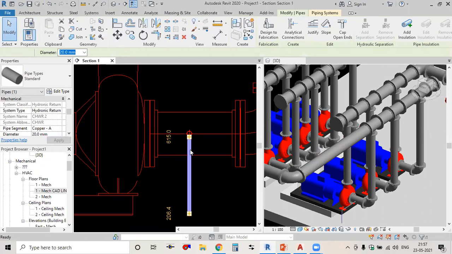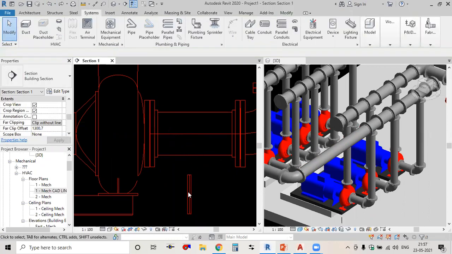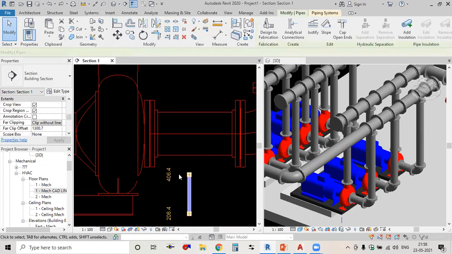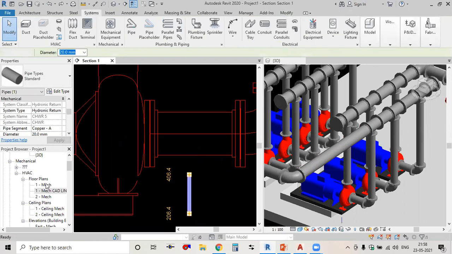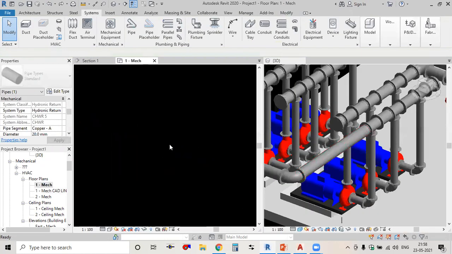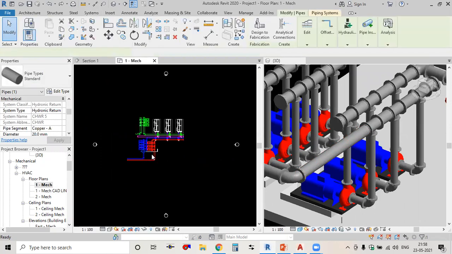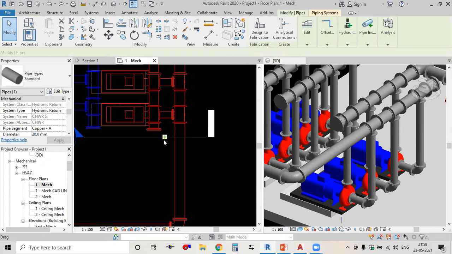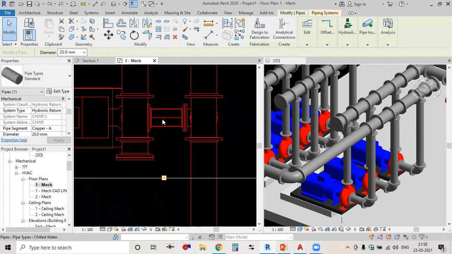Control Z, undo. Before that, you need to align this pipe with the main pipe. So when you select this and go to the floor plan, you can see that the pipe is not aligned with this main pipe.